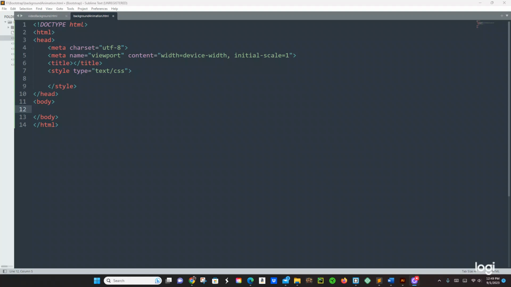We're going to be doing a background animation and also a button animation at the same time with HTML and